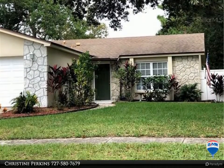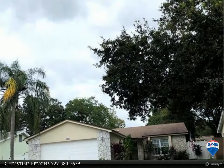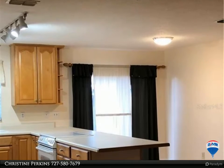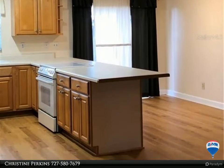Don't miss out on this comfy updated countryside home. Open floor plan living room, kitchen and dining area, leading to a large fenced-in yard. All newer paint and luxury vinyl wood flooring throughout the whole house, no carpeting. Newer refrigerator, ceramic cooktop stove,